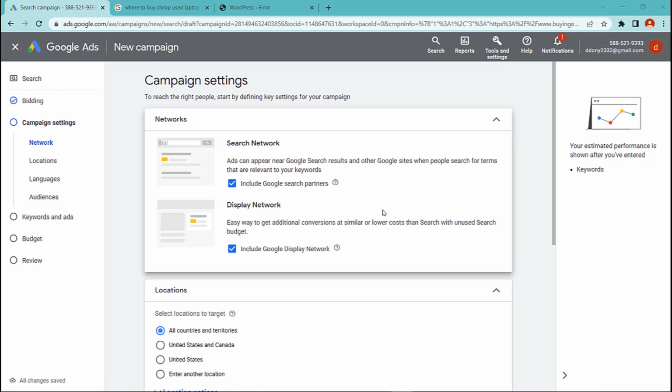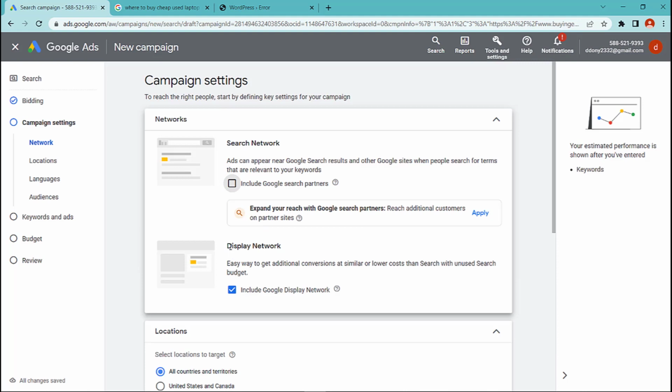Okay, this is an important part to make sure all your settings are set up correctly. What we are going to do is turn this off and turn this off.